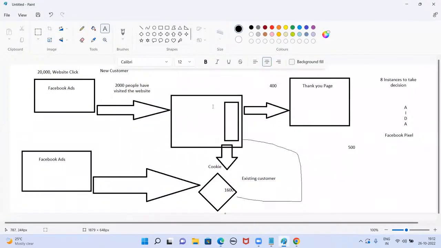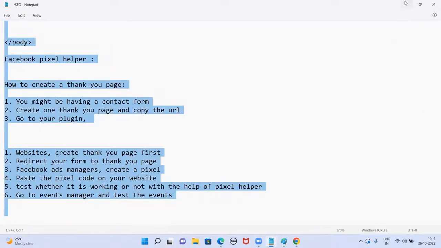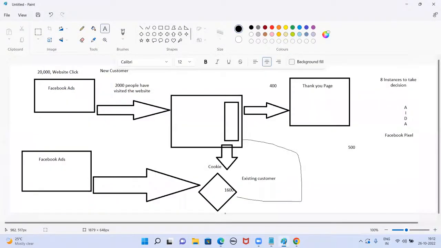So this process is done. We paste the code. It is taking the cookies only. But first, we have to set up conversion tracking. Then we'll create a custom audience. Then we'll be targeting them only. Okay, right. The code is in chat, it is sufficient or not. I pasted it in chat, so you can use it. If it is not sufficient, I'll be mentioning